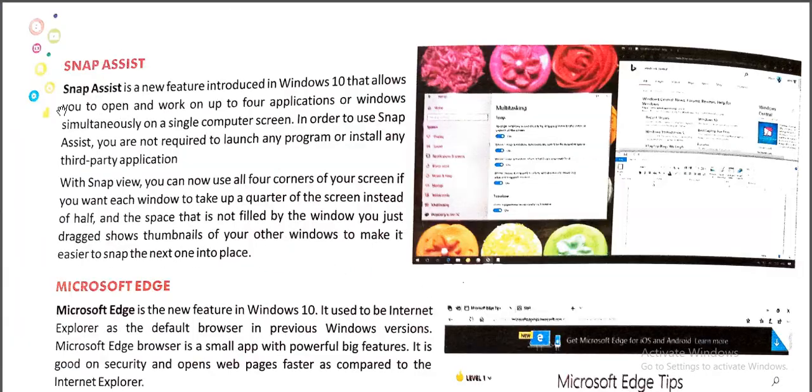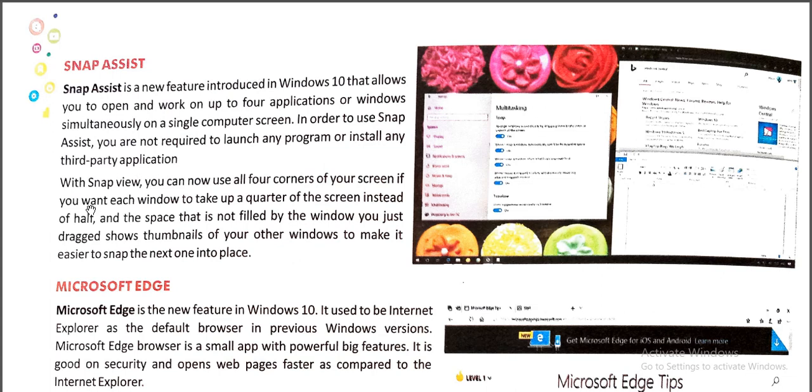Okay, next topic, snap assist. What is snap assist? Snap assist is a new feature introduced in Windows 10 that allows you to open and work on up to 4 applications or windows simultaneously on a single computer screen. In order to use Snap Assist, you are not required to launch any program or install any third-party application.